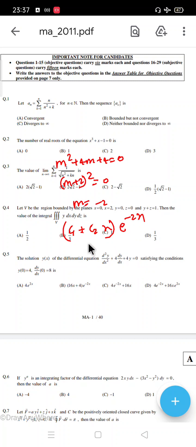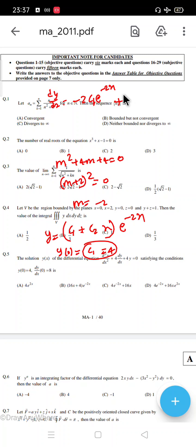Now you need to put the initial condition, that is y of 0 is 4. So y of 0 equal to this will be c1. So it is 4. So this c1 is 4, I have got, and what is the next? Derivative of y is 8. So what is the derivative of this? Let us do it here. Dy by dx will be minus 2 c1 e raised to minus 2x plus c2.